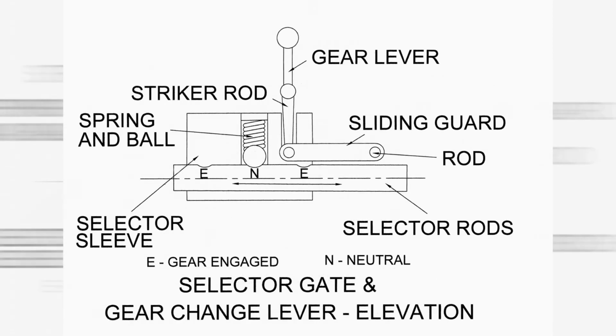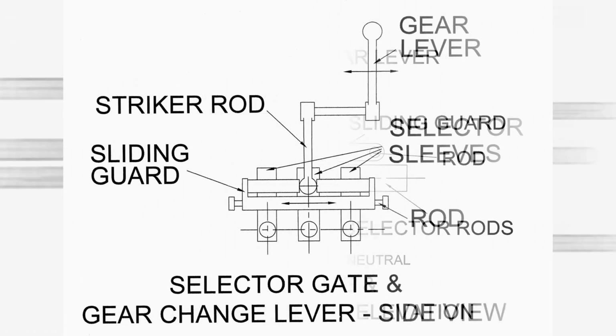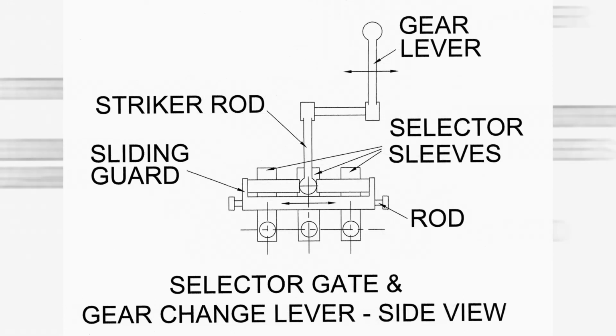Elevation has been sectioned to provide the inner details. The 3 grooves to accommodate spring and ball locking arrangement can be seen. The ball occupies the middle groove in neutral position. Upon movement of rod, the ball occupies other 2 grooves depending upon the gear engaged. On right side, it may be noticed there is a guard. Looking at the side view, it can be seen that guard can slide on rod as shown by arrow heads.